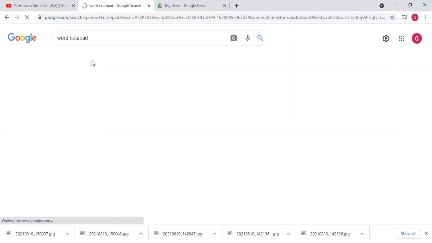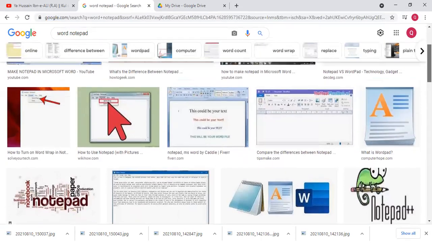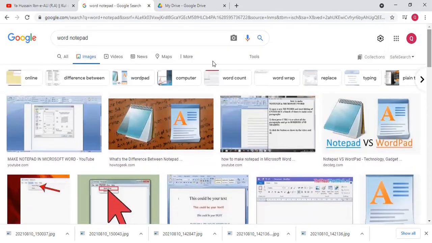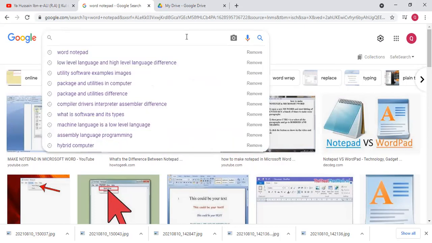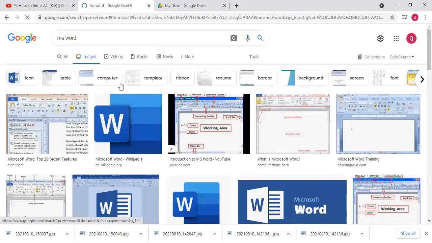Whenever you see an image, you can see this is the WordPad, and it is always available in every kind of computer or any version. So this is the WordPad, which is included in the packages as an example, and this is MS Word. I'm sure you are familiar with MS Word. In MS Word, you can write any essay, application, you can form a table in it, you can draw pictures and many other things.